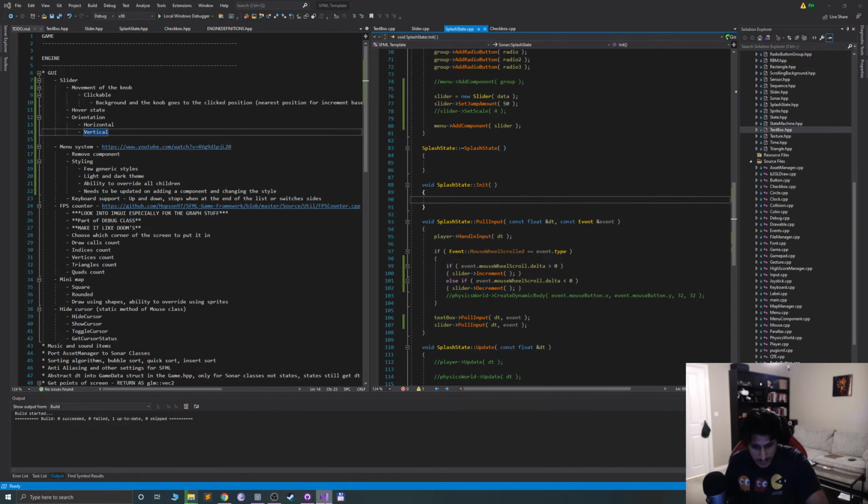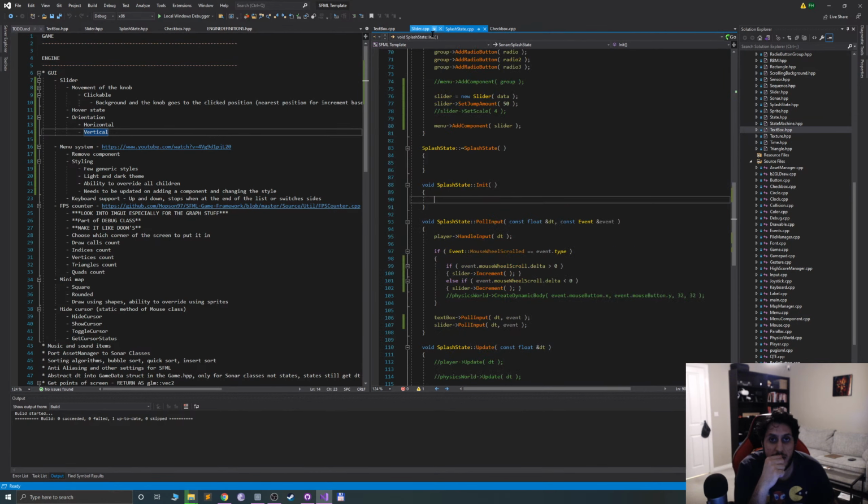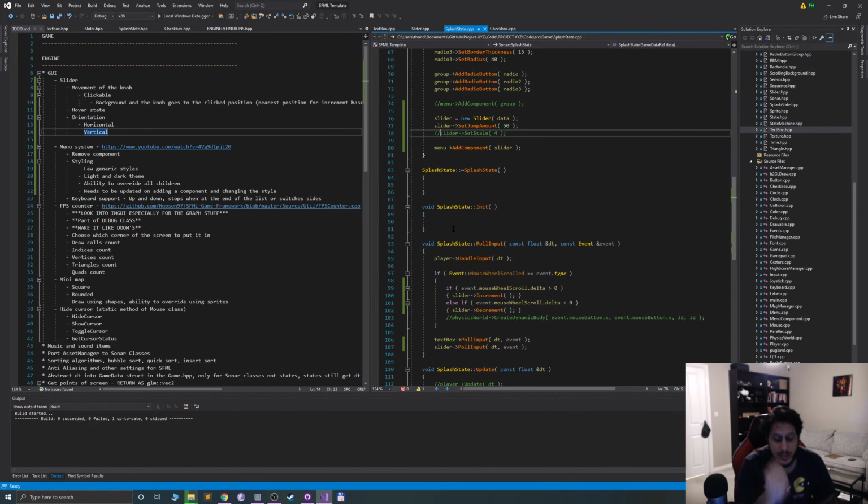Comments are loading on the laptop. Okay, so here we go. We want to make it clickable. If I click the background, the actual knob should go over there. So we need to factor in scaling as well. It's another thing, because if I set the scale to like 4,